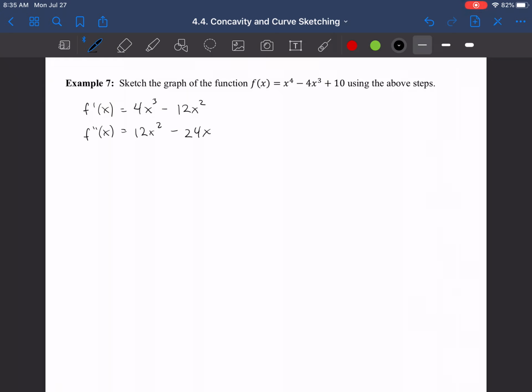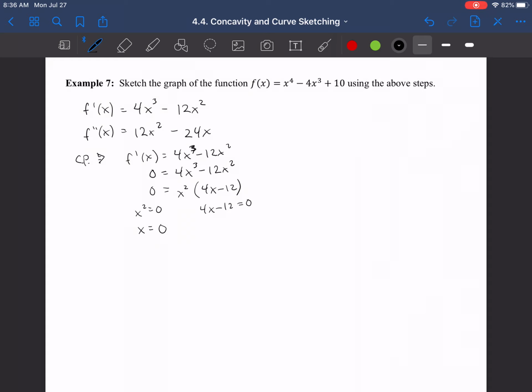And we can do that by setting the first derivative equal to 0. So let's do critical points. All right. And so that's f prime of x equals 4x cubed minus 12x squared. And so we're going to set that equal to 0. So first thing we can do is factor out an x squared and have 4x minus 12. And so either x squared equals 0 or 4x minus 12 equals 0. Either one of those will give us